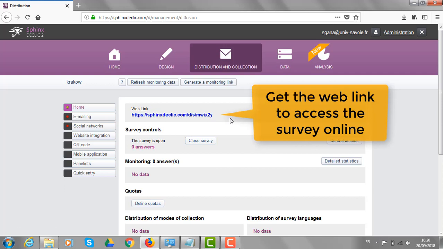But all those features related to distribution and collection will be covered